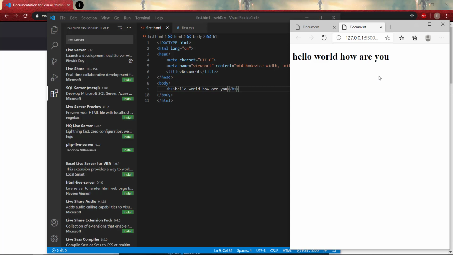In this way we will not have to save and again go and reload to check if our code is correct or not. Instead we just have to save and we can check simultaneously.